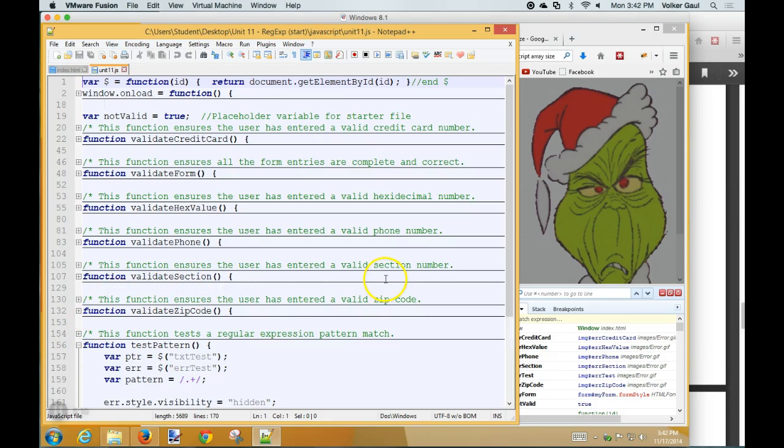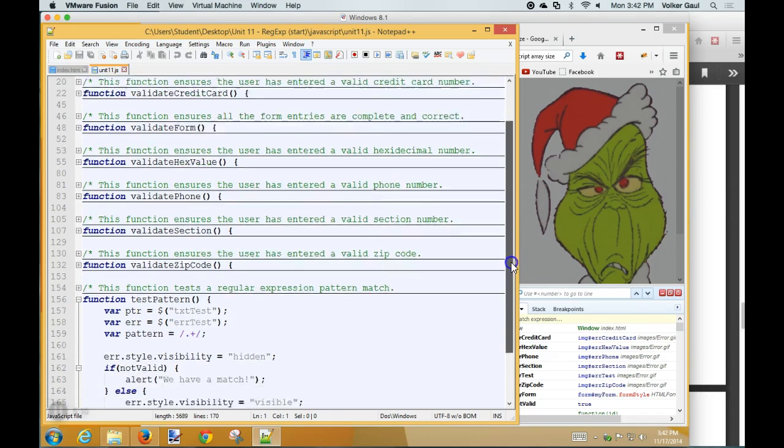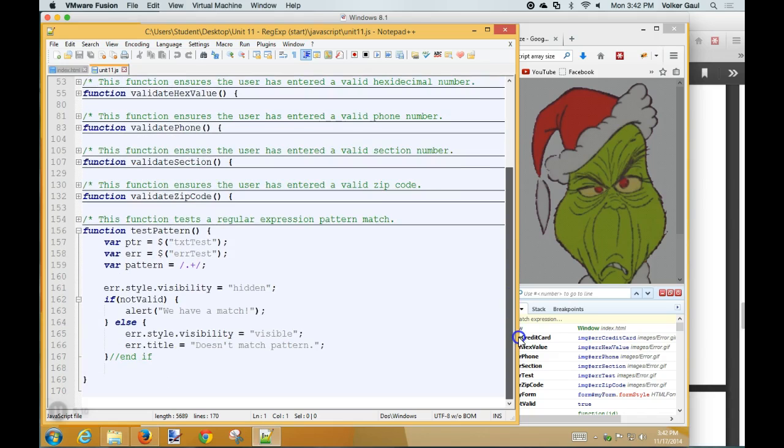Test pattern. There's a pattern for anything. I don't know what the purpose of that one is. Just a generic one, I guess, where you can put in your own and ask if it matches. So that might come in handy when you're doing your homework assignments. Speaking of which,